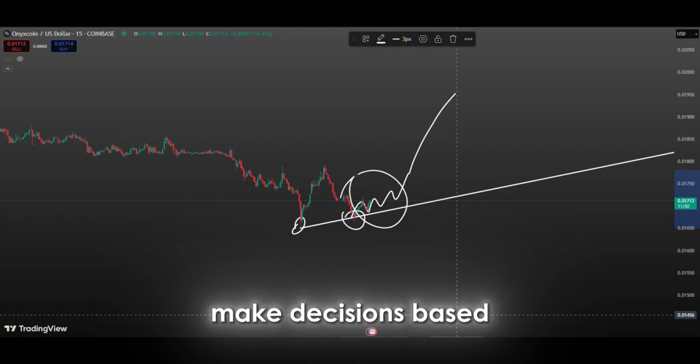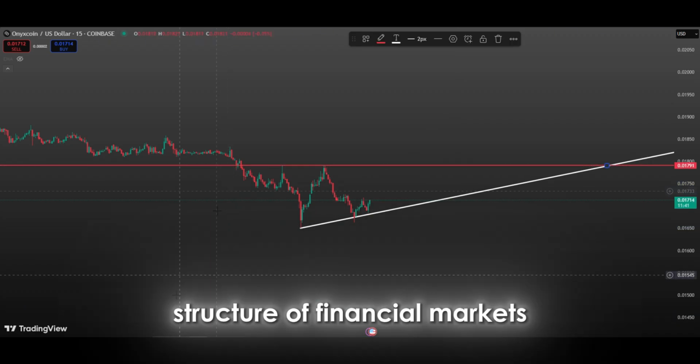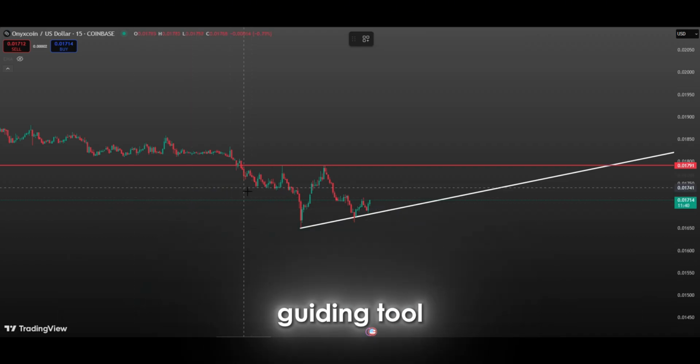But we can't make decisions based on trend lines alone. Let's take a look at other metrics as well. Stay tuned. Within the dynamic structure of financial markets, technical analysis continues to serve as an important guiding tool for